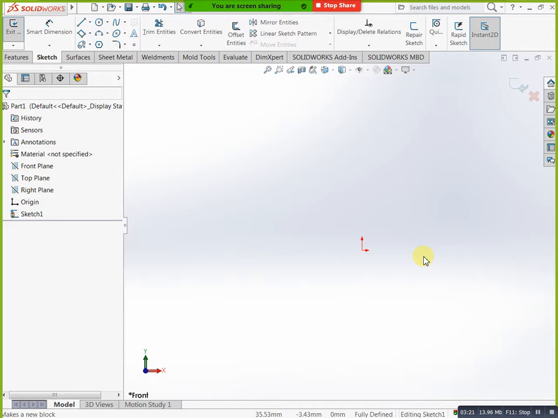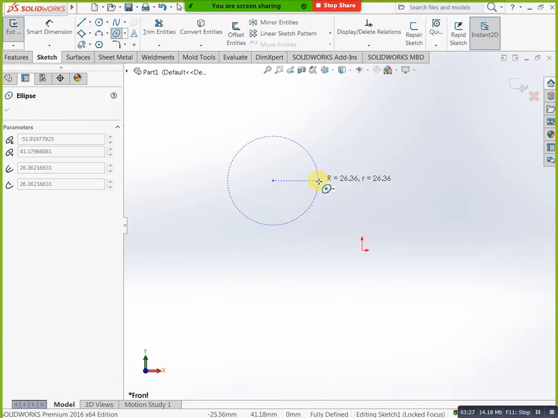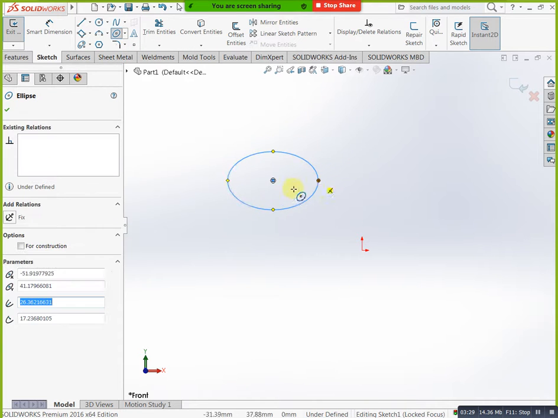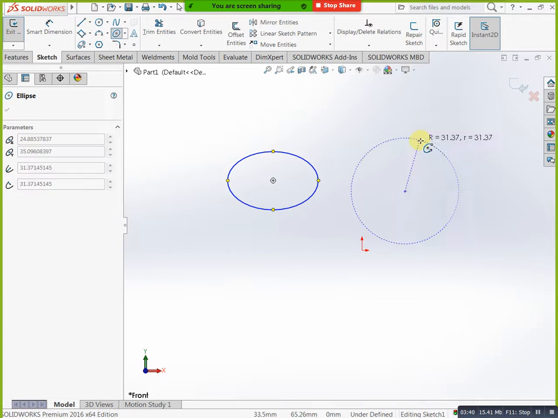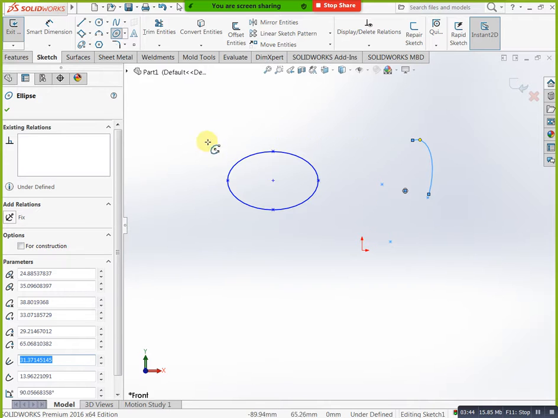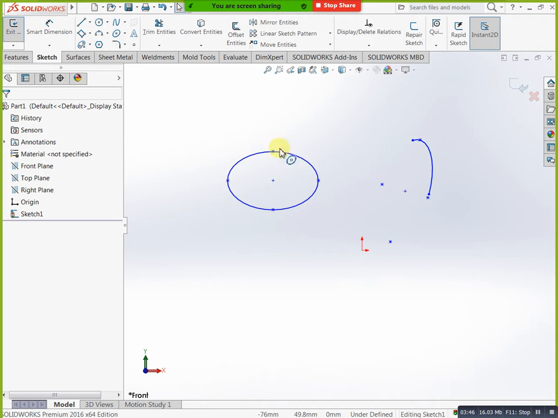Okay. Next, just go here to ellipse, you can specify like this. Okay, this is called major, this is called minor. Whichever one you need, you can apply that one. And here we have partial ellipse. Partial ellipse means nothing but an elliptical arc. We are using elliptical arcs also in some conditions, not every condition. Mostly we are using fillet arcs. In some conditions we are using this type of elliptical arc.